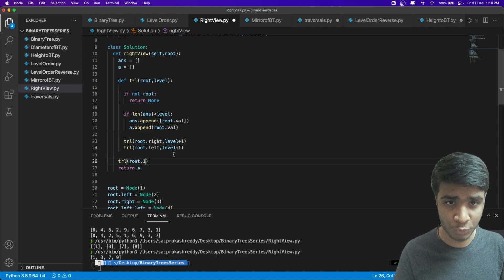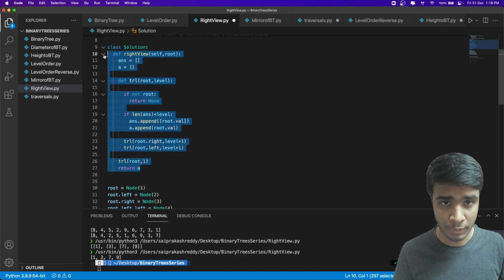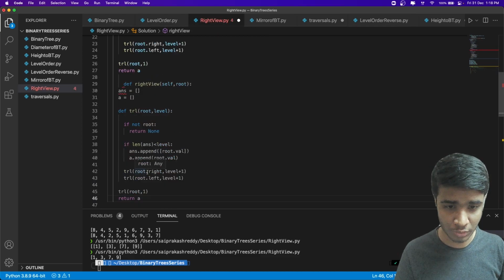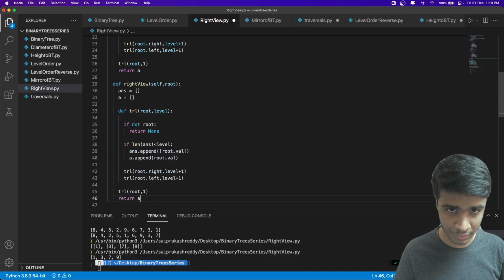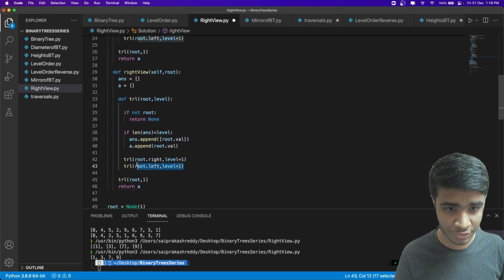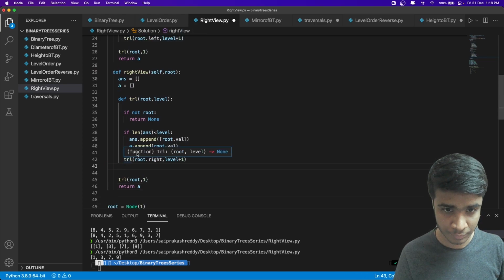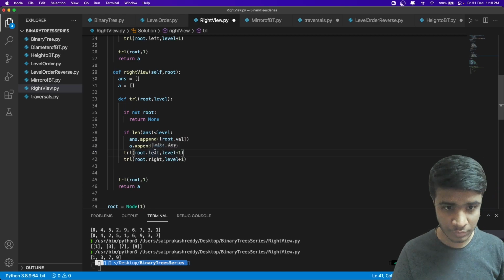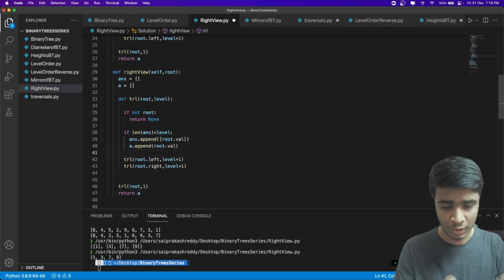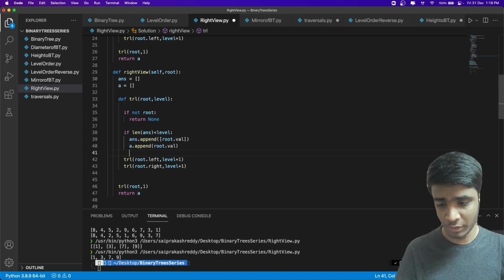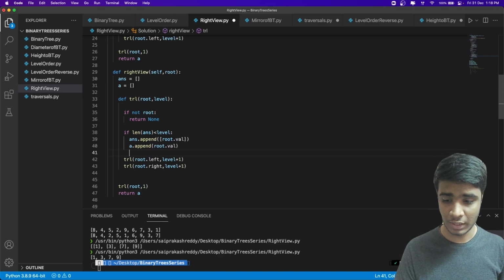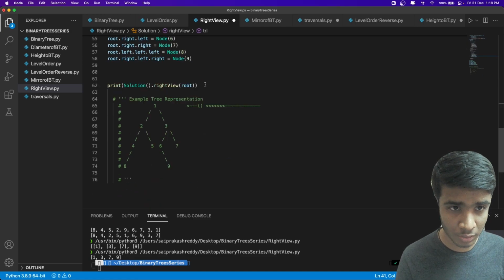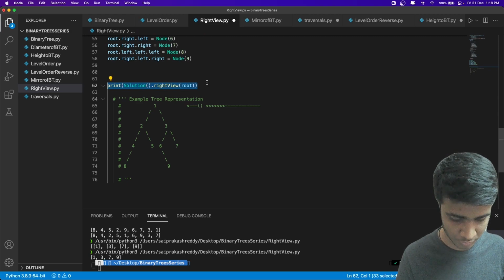And if you want to extend this to something like a left side view, I'm sure you have already guessed it. Pretty simple. Just change these two lines. Just change these two lines, right? So what this does is that it will change the level traversal from right to left to left to right. Right now, if I call this function on